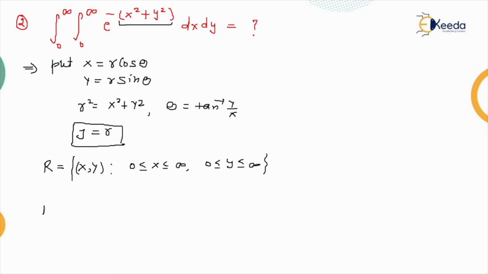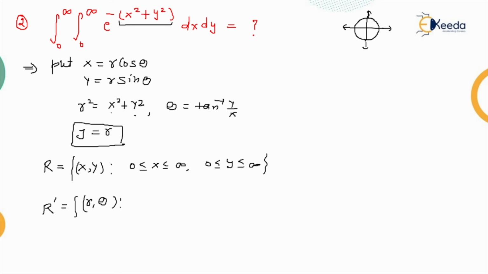But now we want to change this limit in the case of r and theta, my dear friends. So what will be the effect on r and theta? See, this function represents a circle. So if I have a circle, my dear friends, you're going to see what about r. R could go to infinity, because if you substitute x tends to infinity, y tends to infinity, so what about r?